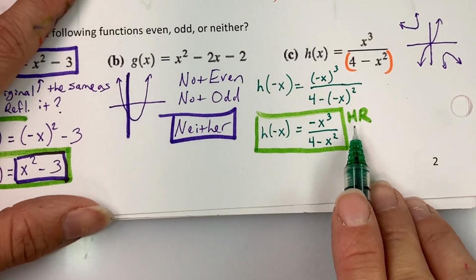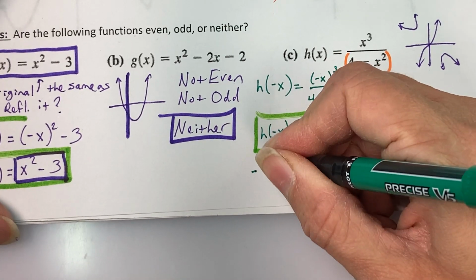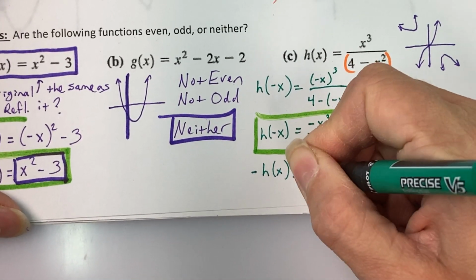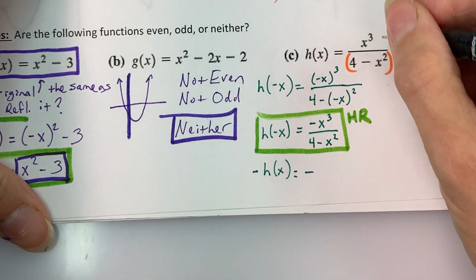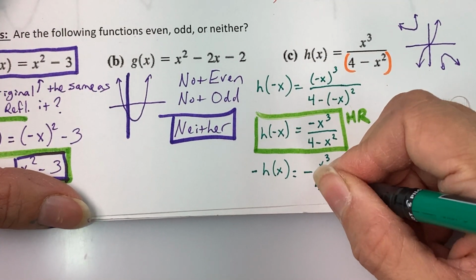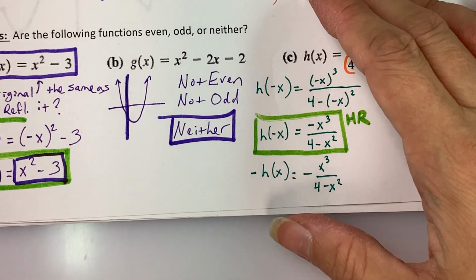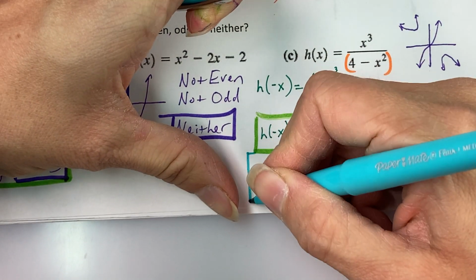So, folks, we have found horizontally reflecting it. Now I'm going to find out what negative h of x is. So I'm just going to take the opposite of that whole function. That's what a negative on the outside does, is vertically reflect it. All right, folks, so if this is what a vertical reflection looks like,